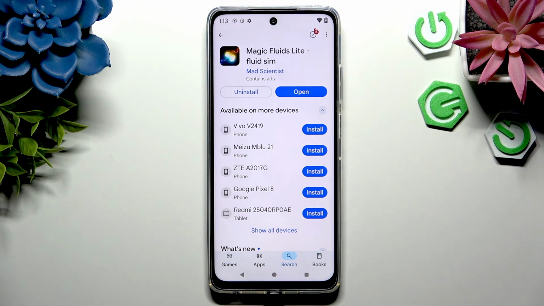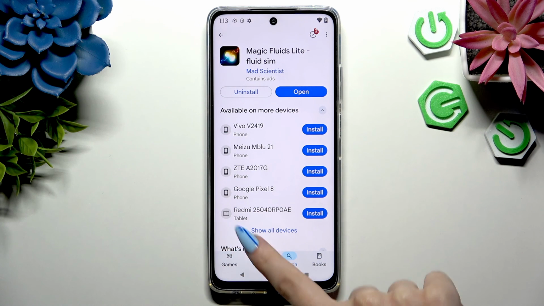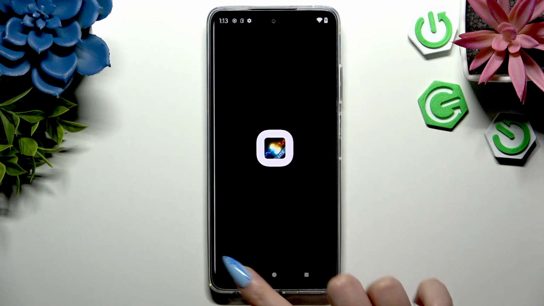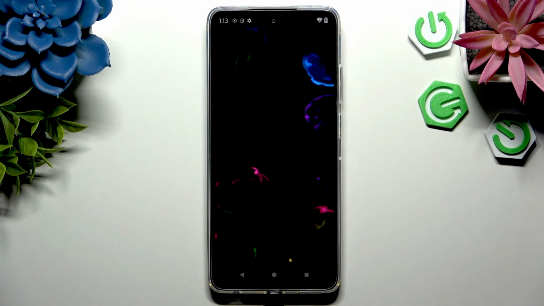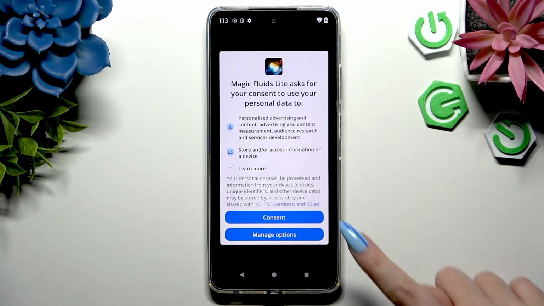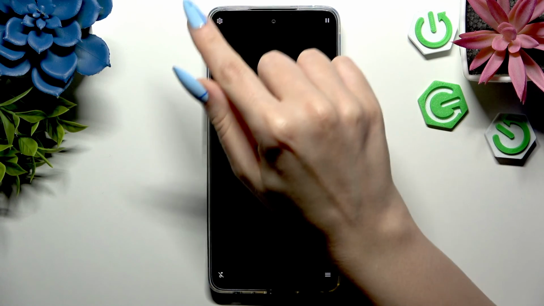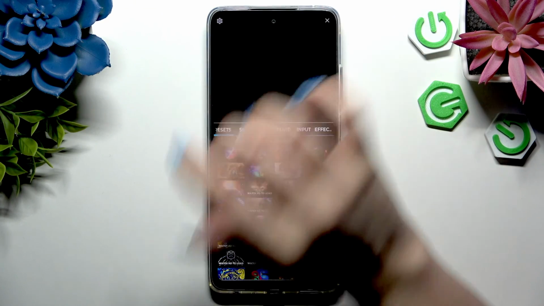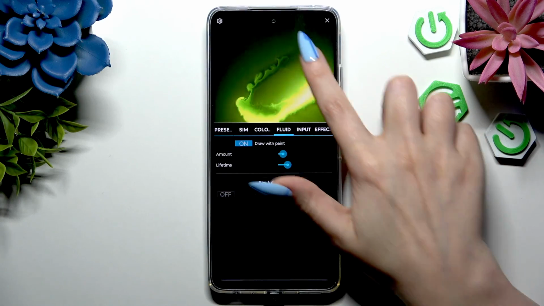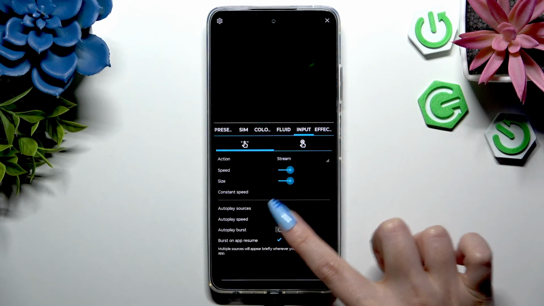When it's ready, launch it, and to mute the music, click at the bottom left corner. Then select Consent in the pop-up. Click on this gear at the top left corner and operate all of those options to adjust your wallpaper however